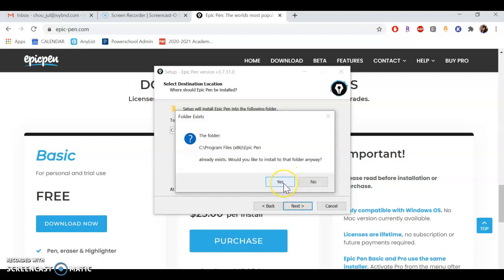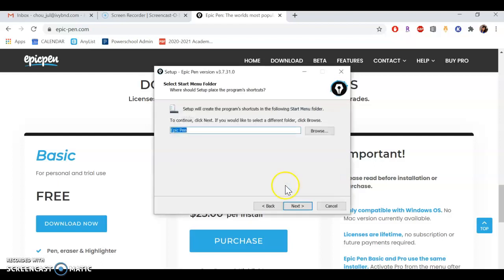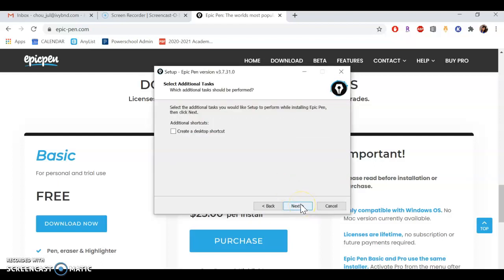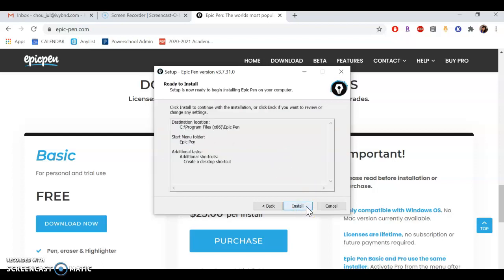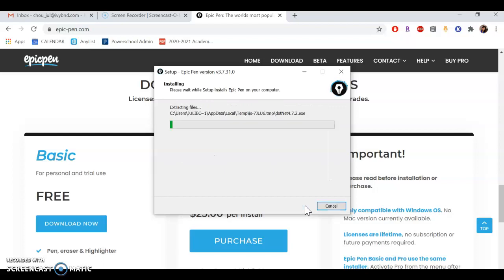And I am going to install in that folder anyways, just because I've already downloaded it before. And I want to create a desktop shortcut just because it's something that I frequently used when I was subbing for science. I used it especially for trying to emphasize notes when I was doing lecture slides, and I know that Ms. Horner uses it for doing math problems and having the teachers come up to the Promethean board. And click install